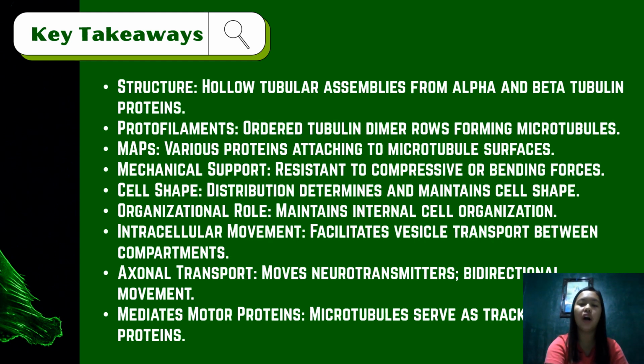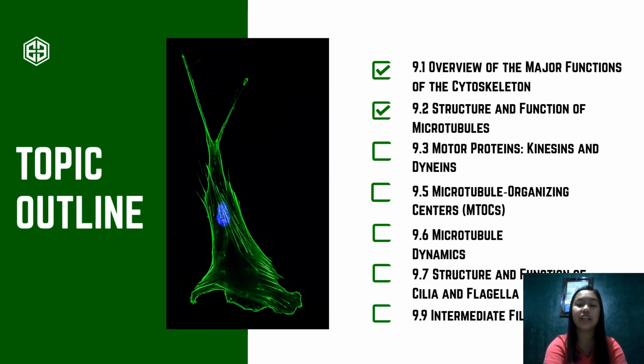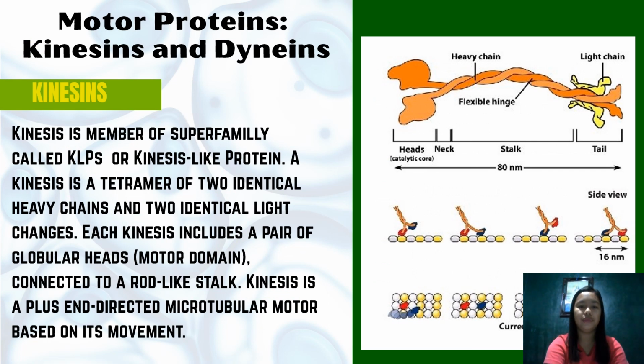Now, we're going to move on to the 9.3, the motor proteins, kinesins, and dyneins, gaya nga nung nababanggit natin kanina. So, kinesins, discovered in 1985, are motor proteins crucial for intracellular transport, initially isolated from squid giant axons. So, kinesin 1 is a tetramer with 2 identical heavy chains and 2 identical light chains. It features globular heads that bind microtubules, serving as ATP hydrolyzing engines, a neck, rod-like stalk, and a fan-shaped tail